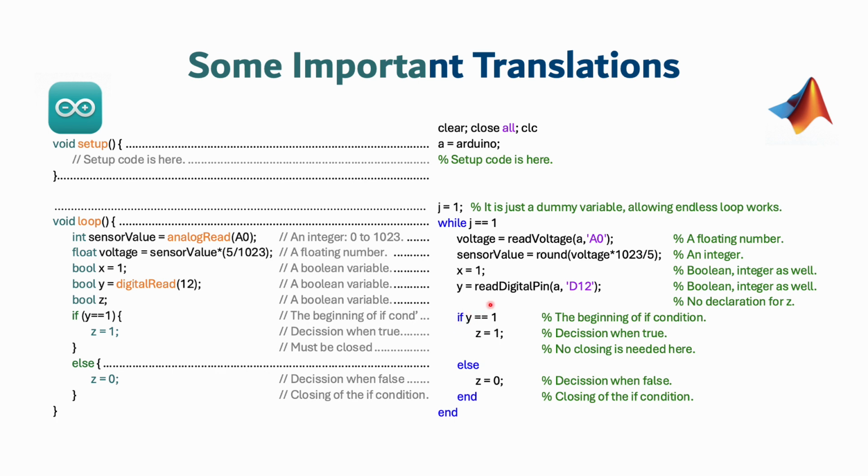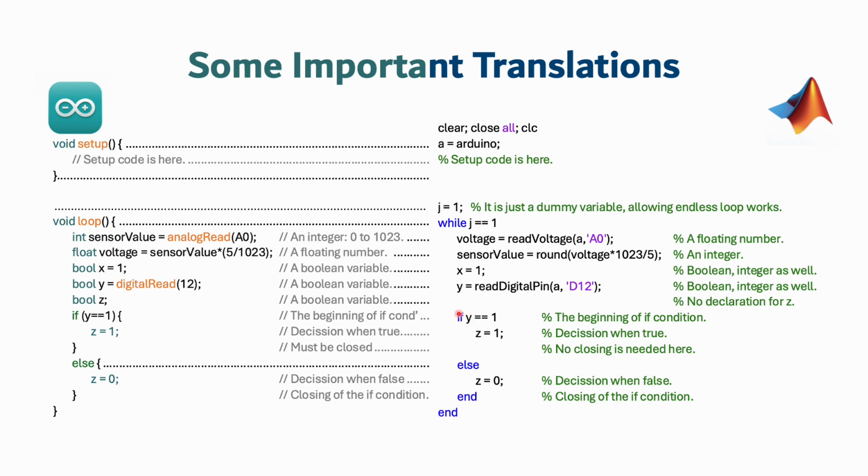There is no bracket required here. Everything we write between the if and the else will be decided. z equal to 1, I think it's precisely identical, exactly the same. But here there is a pair of curly brackets, so there is a closing, but no closing is required here. So you don't need to do anything here.